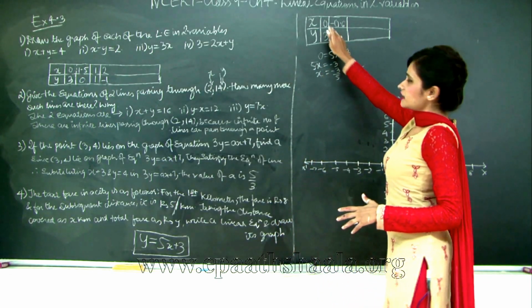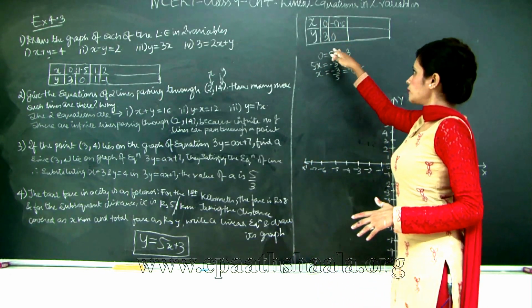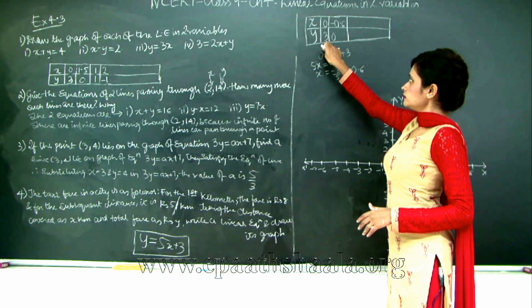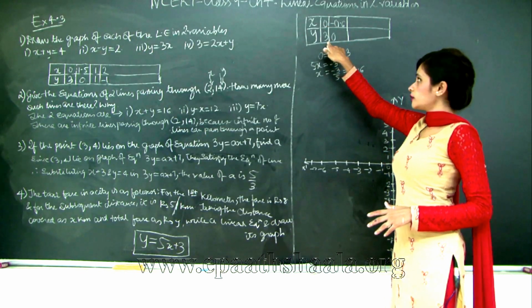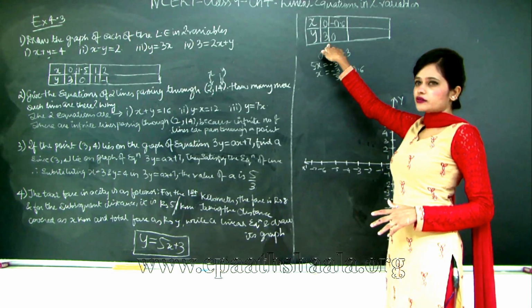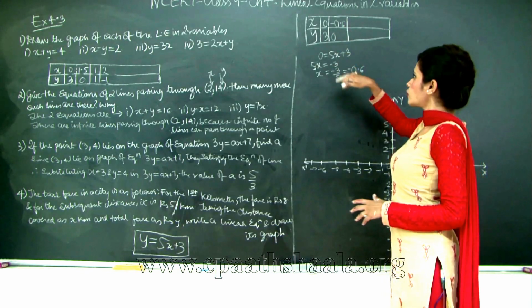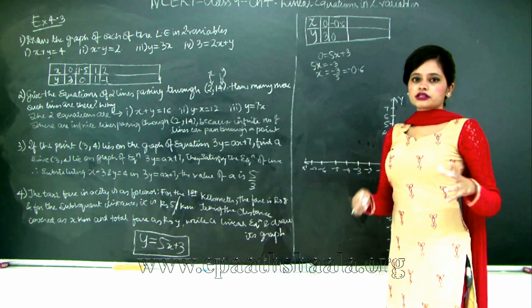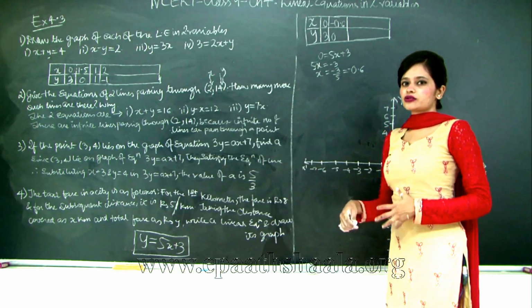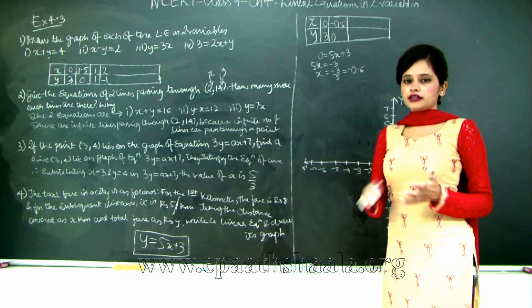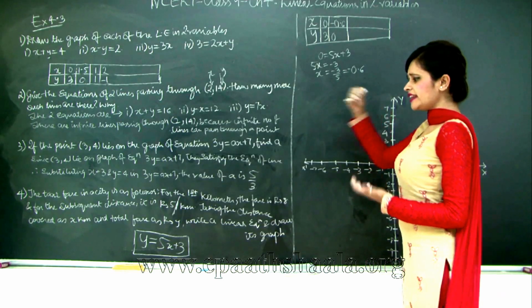Now why am I taking x is 0 and y is equal to 0? Because here we get your x coordinate as 0, so we have the equation, we will have the line that cuts the y-axis over here, and we also have a point over here that will cut the x-axis. Therefore, it is always better to take your x as 0 at once and y is equal to 0, so that you at least get your points that cut the x and y axis,